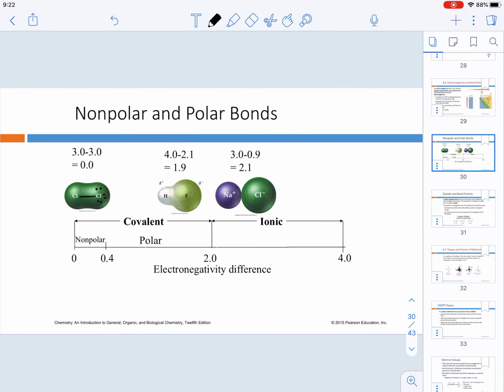This is diatomic chlorine or molecular chlorine. You can see that in this molecule we have chlorine attached to chlorine. And if we look at the electronegativity values for chlorine and chlorine, when we subtract them, the difference has a value of 0,